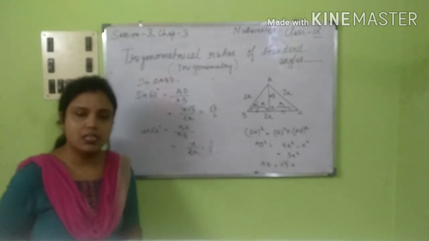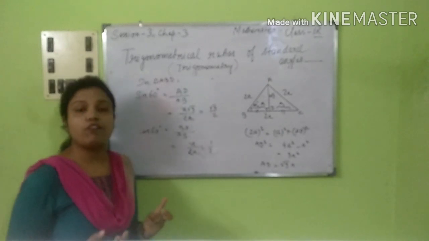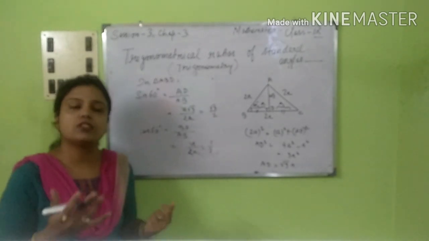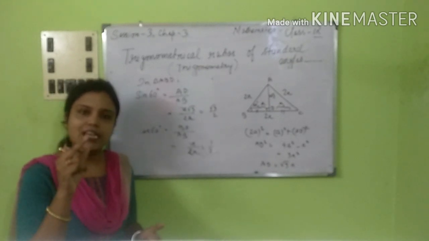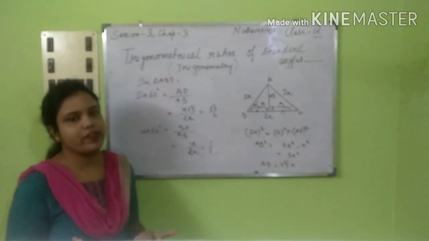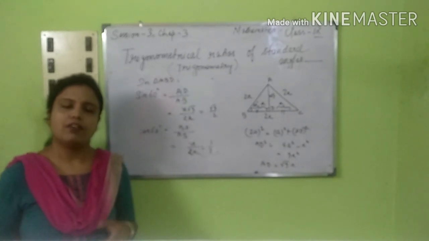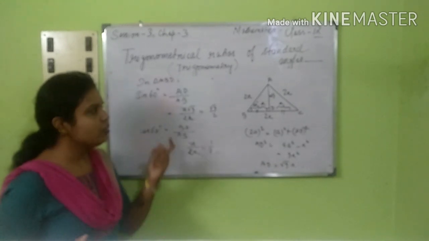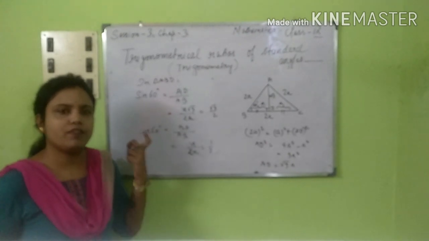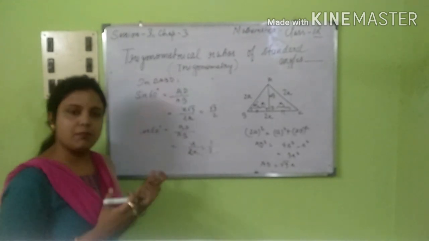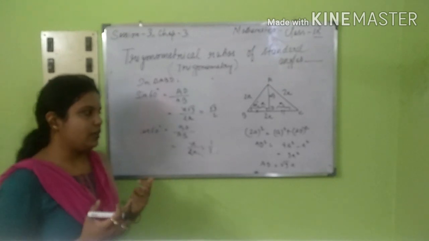Suppose now you will ask where we are getting the 45 degree angle from. For the 45 degree angle we can take the isosceles triangle, because one of the angles is 90 degree and the other two angles are 45 degree. So easily you can take up the isosceles right angle triangle. If you take the isosceles right angle triangle, you can also find out the value of cos 45, sin 45, tan 45 and so on. Same way, same process. Okay, next.